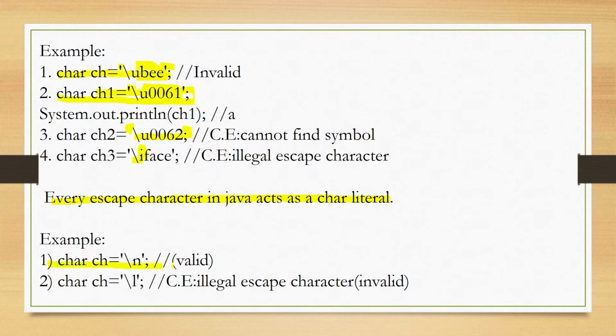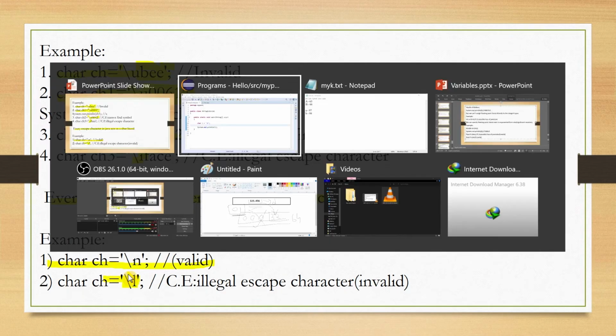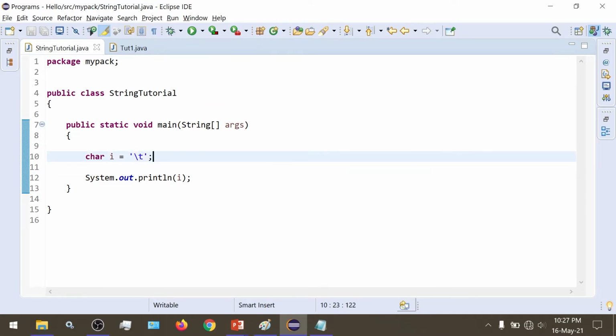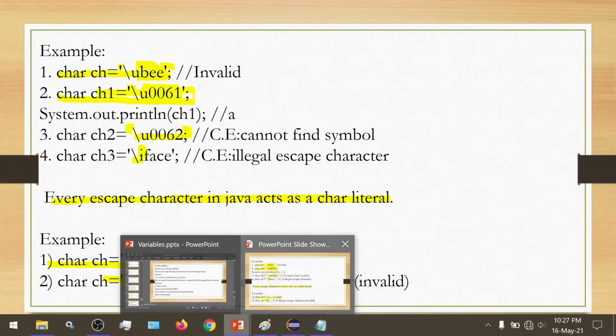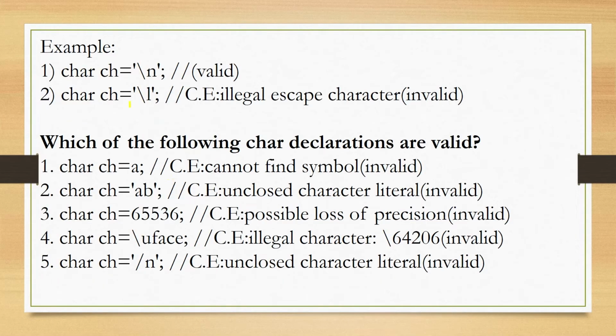So here this is valid. Similarly, if we try to use an invalid escape character, then we will get an error. We just saw it previously, but let's see again. If we give any other invalid value, then we would get an error. So moving on, this is valid, and giving any random value here is invalid. So these are some examples.